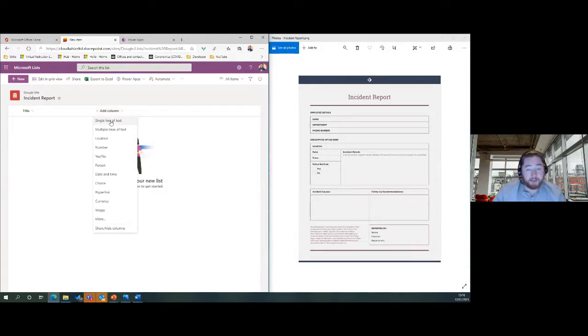So for example, a single line of text would be something like name or department, where we've only got a short space of text. It's a single line of text and that's all it needs to be. However, something like incident causes or follow-up recommendations would need to be multiple lines of text, because it's a much bigger space and requires a lot more text. Location would be great for a location field where you might be able to tag an address or a postcode of where the particular incident happened. A number would be, for example,